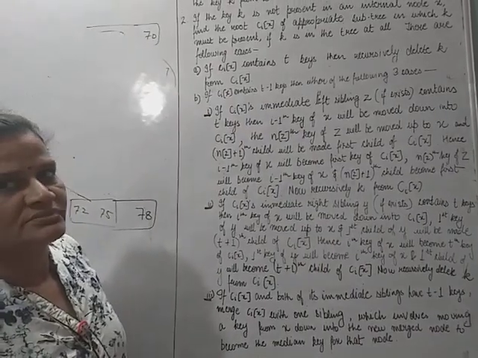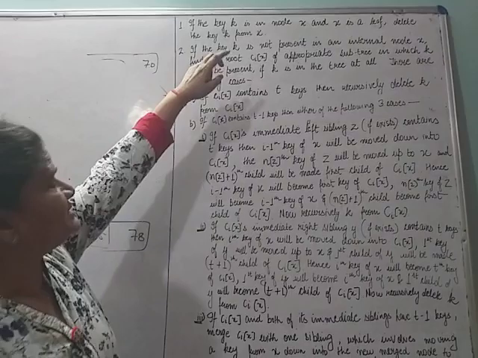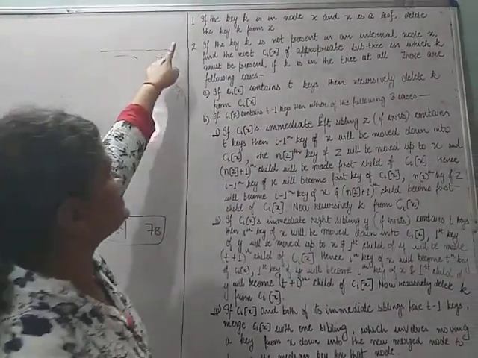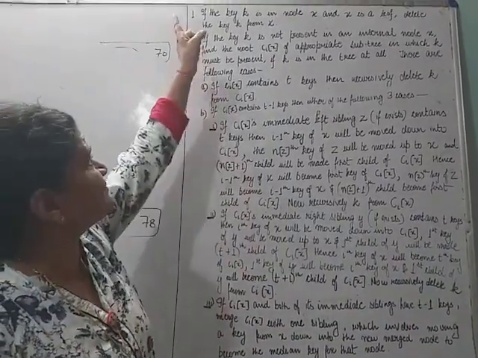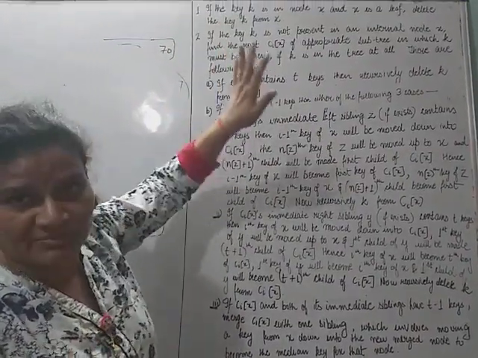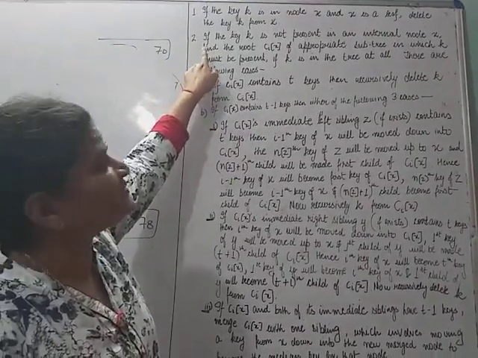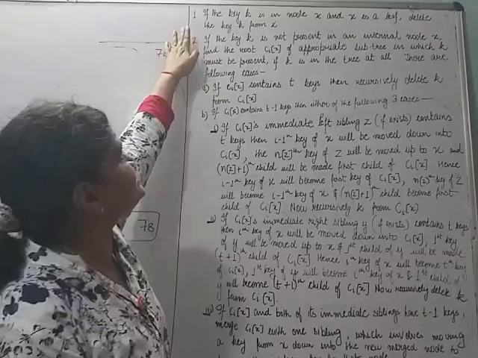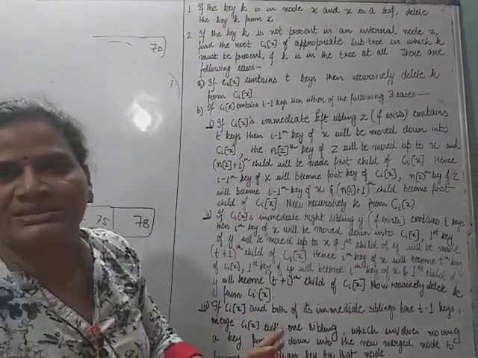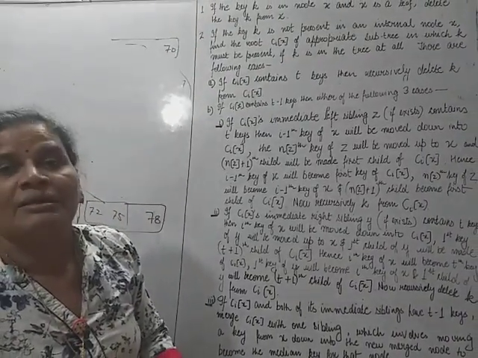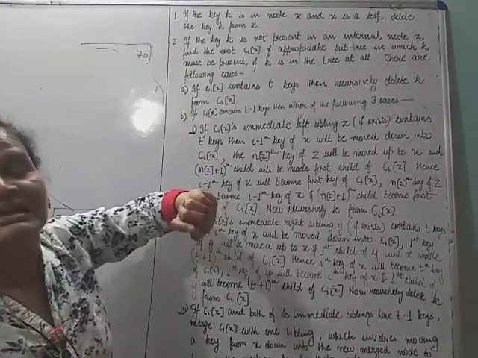So now this is the delete procedure. Whenever the key K is present, I said that this delete procedure always terminates at the first step. Now there is one more step I will explain. The second step is: if X is a leaf and the key is present in that node, it is deleted. If it is not present, then the element is not present. But suppose X is not a leaf, then it will go to the second case, the else part.